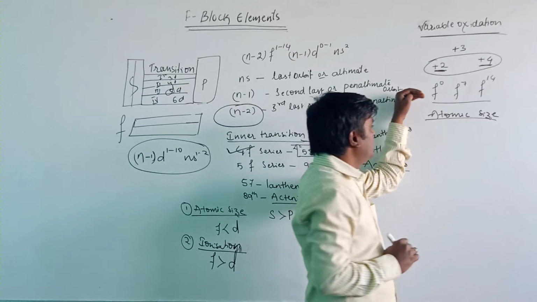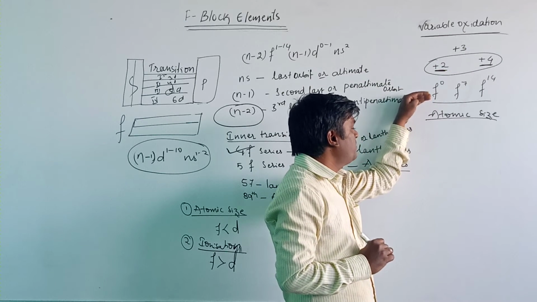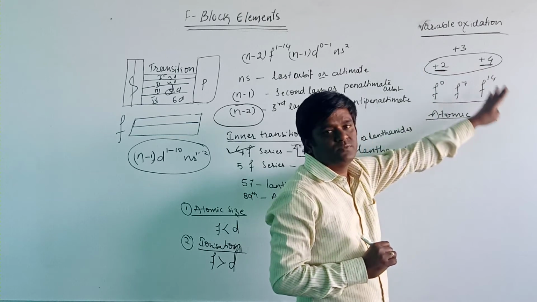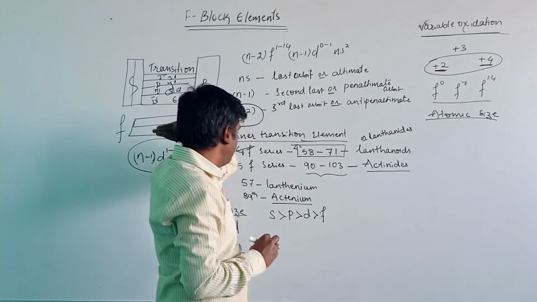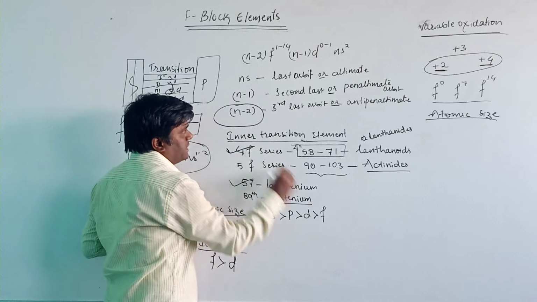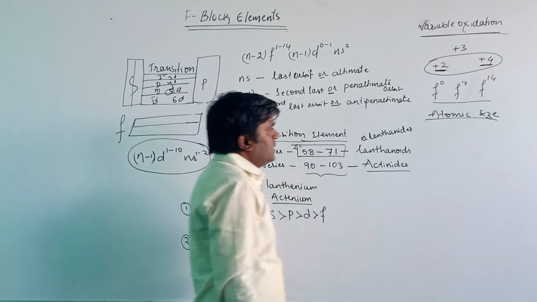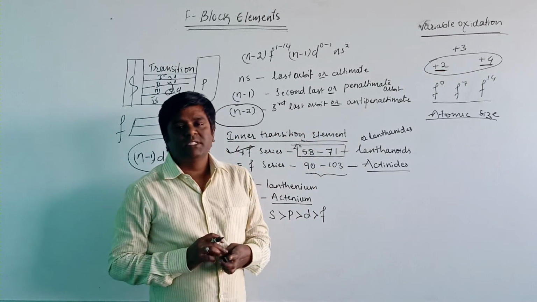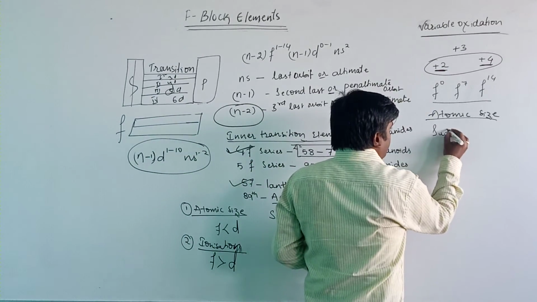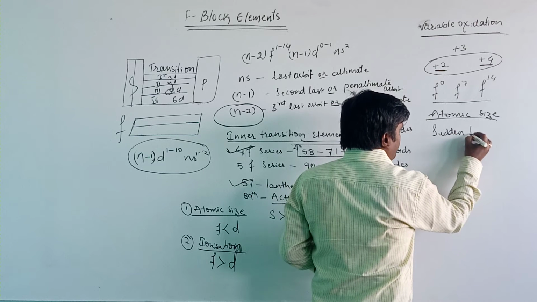If the electrons are removed, then the electronic configuration becomes f0, f7, f14. Then only it will show the +2 and +4 oxidation states. So we are talking about only the lanthanide series, that is the 4f series. The sudden decrease in the atomic size in the lanthanides